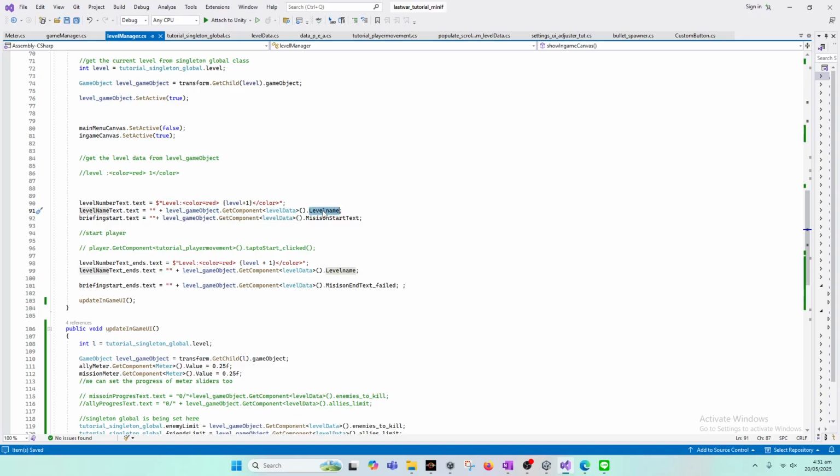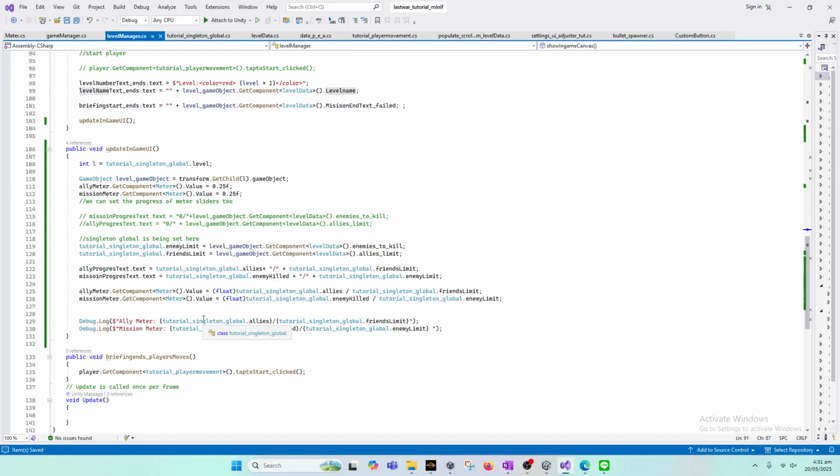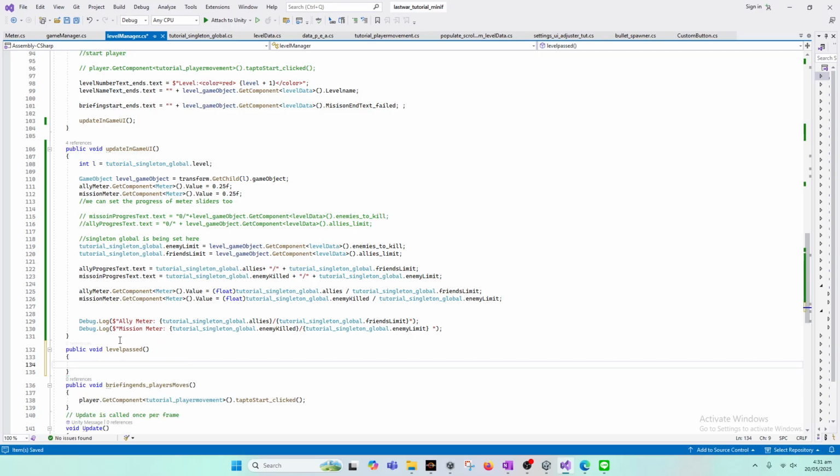So this is level data, and here it's showing up, and now inside this we'll write public void level passed, and what this will do is simply